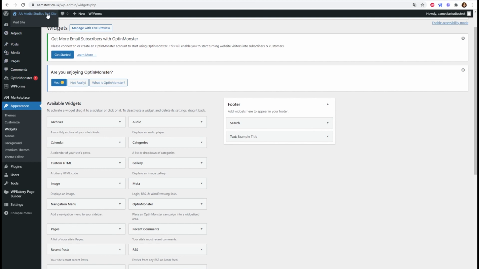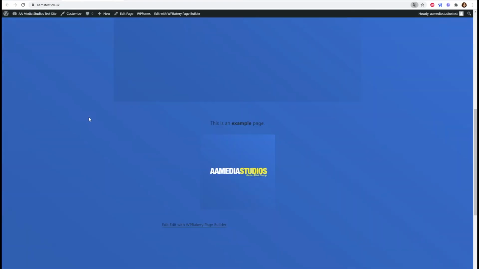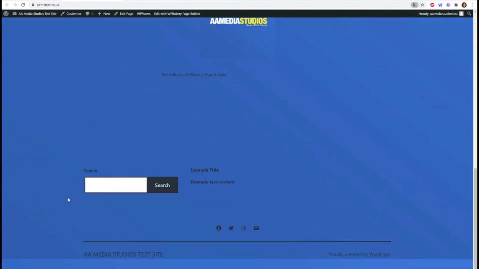Let's see what we have done. You see now we can see the search widget and the new widget we have added. So that's it for this